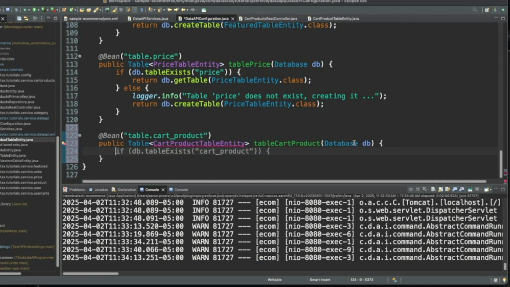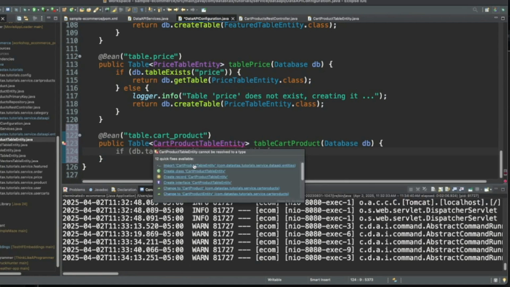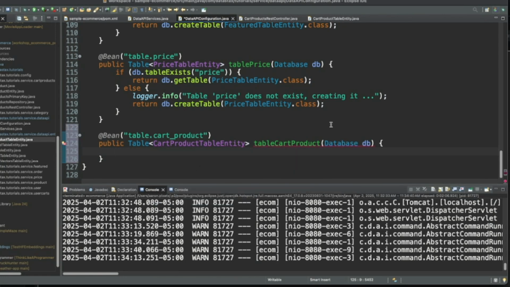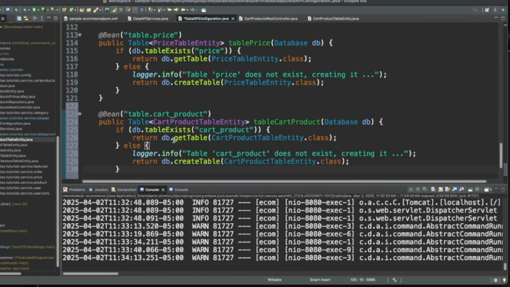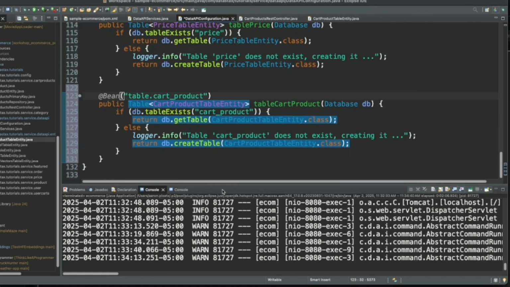Perfect. Let's go ahead and import that object from the entities package. And then we can say if DB table exists, cart product return. Oh yeah. Look at this. Yep. Copilot did an amazing job on this one.